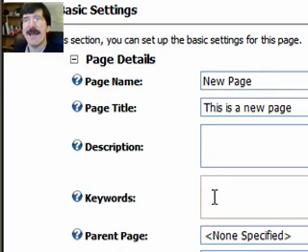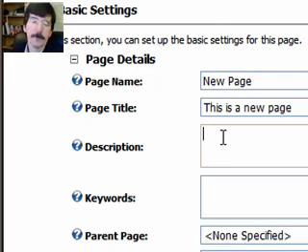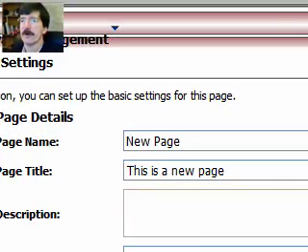Now, I'm not saying it doesn't have any impact. What I'm saying is it's not worth the effort. The amount of impact that it does have is not worth the effort to put that into your pages. So I generally leave these blank. However, I do have a sitemap module that I use that makes use of this description tag. So in most of my pages, I will fill in the description tag so that my sitemap can display that